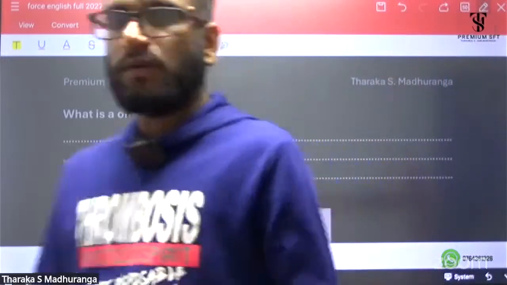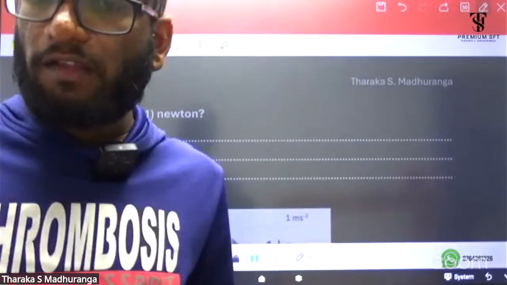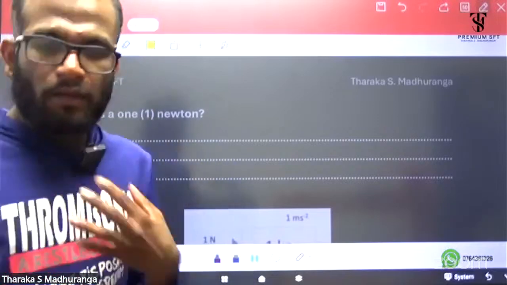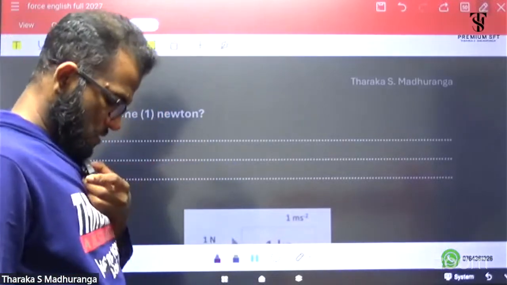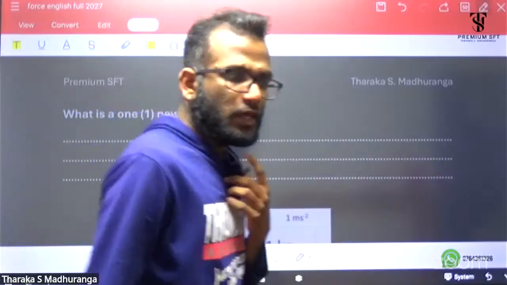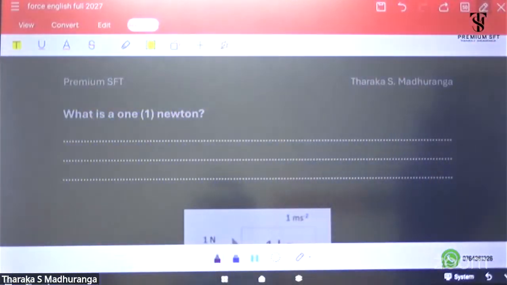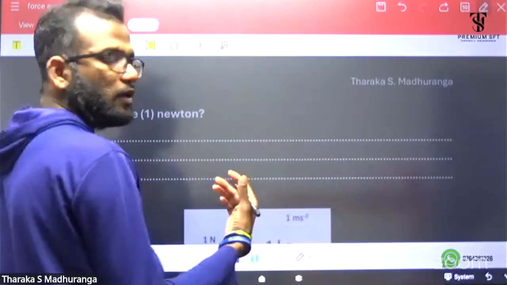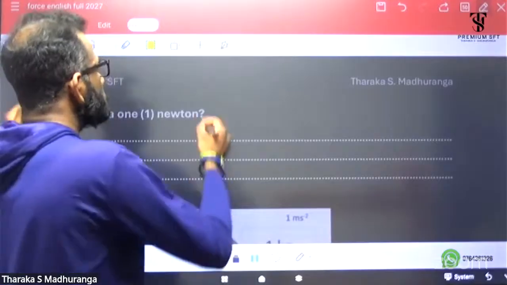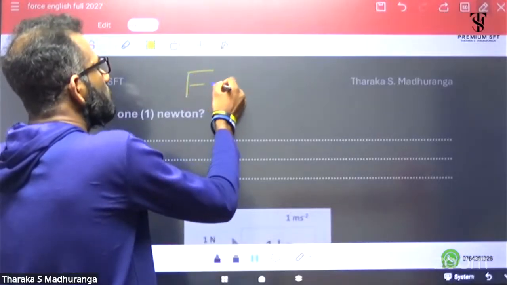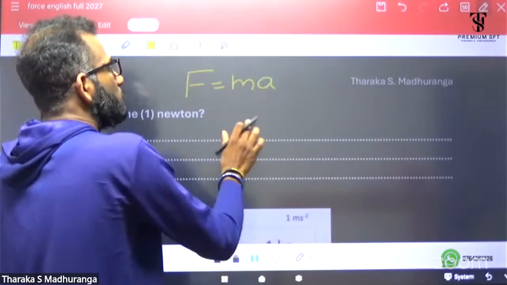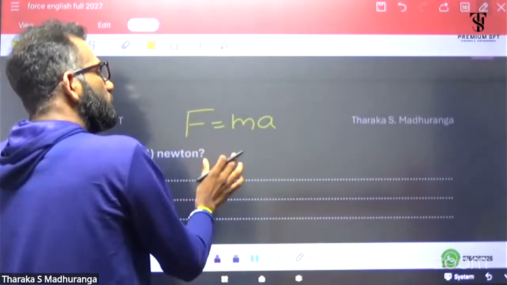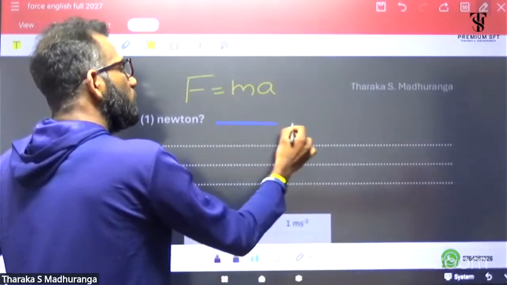What's the meaning of 1 Newton? How can we define 1 Newton? Now it's very simple. We have the equation F equals ma. You can remember it by the equation F equals ma. If you've got a 1 kilogram object,